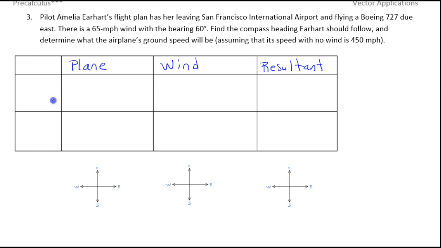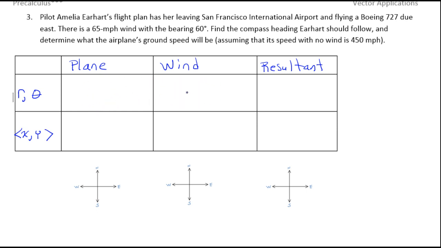The first row of this chart is for recording the magnitude and direction of each vector. When we do the direction on this chart, it has to be measured from the positive x-axis going counterclockwise. The second row is where we will convert magnitude and direction into component form, x and y, horizontal and vertical components. So let's start by recording the magnitude and direction for each of the two vectors,